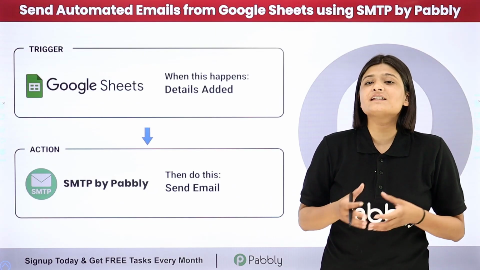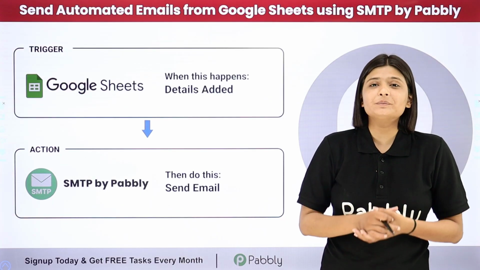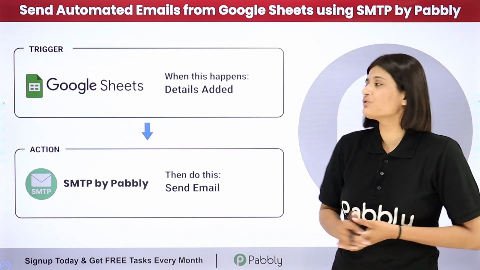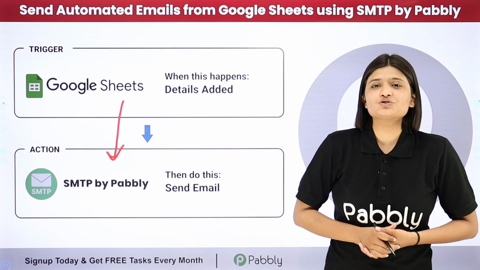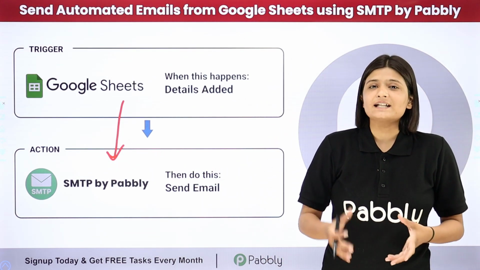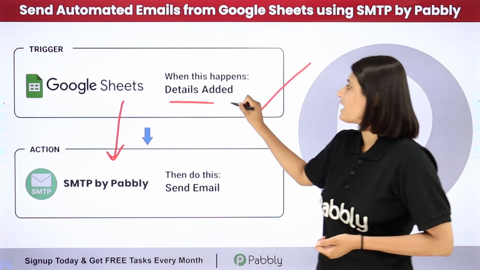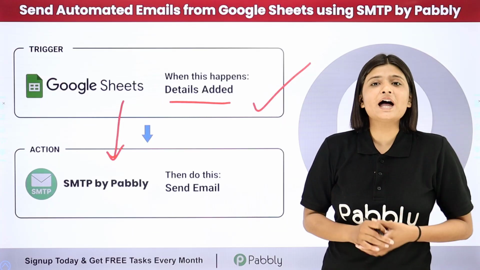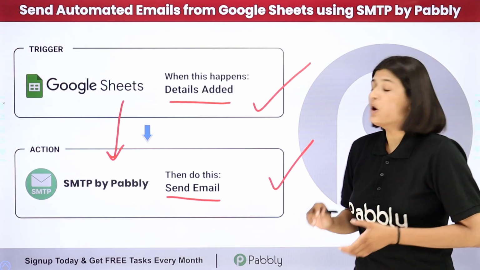Pabbly Connect is an amazing automation and integration software which requires no coding or programming skills. Here I just need to build a connection between Google Sheets and SMTP by Pabbly. Pabbly Connect runs on two principles, which are trigger and action. Here as my trigger application, I will take Google Sheets where the details of the participants are added, and then in my action application, I will take SMTP by Pabbly, with the help of which I will send automated emails